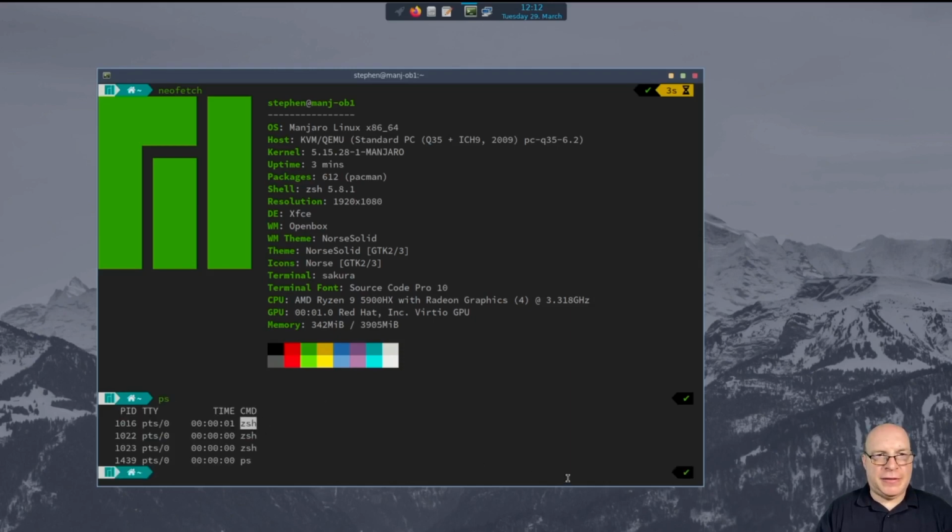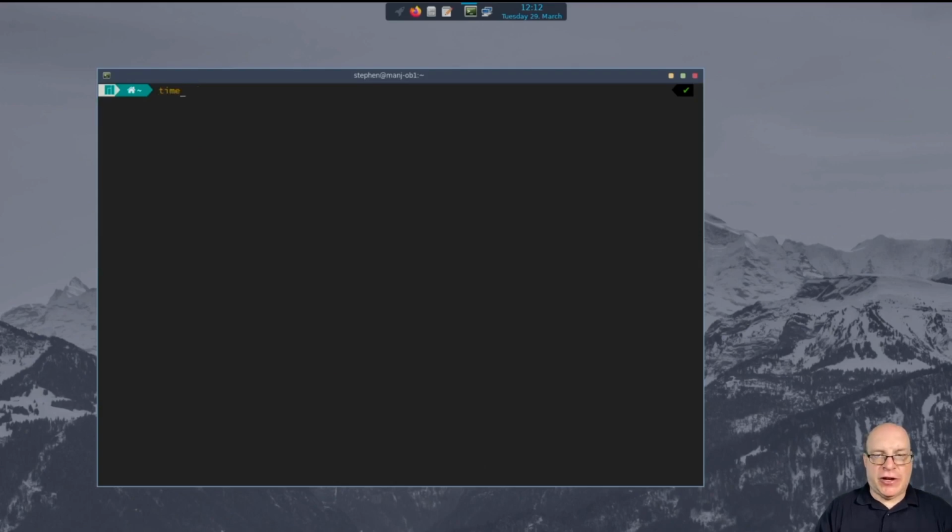Yeah, there it is. So we're running Z shell instead of the more usual bash. That's fine. Z shell is one of my favorite shells. Now let's clear the terminal and let's see if timeshift is installed. Nope, it's not. So let's fix that